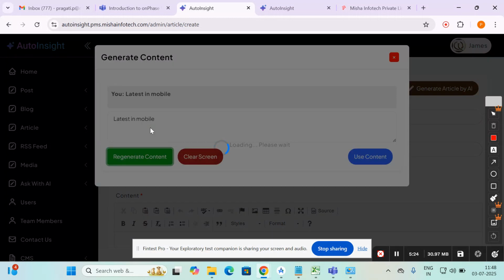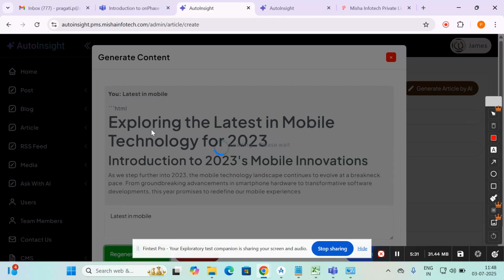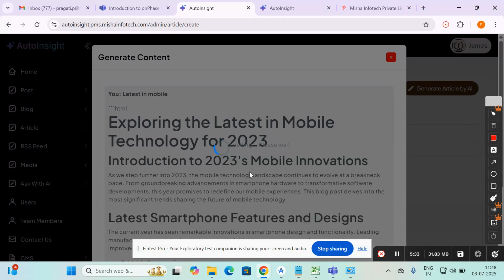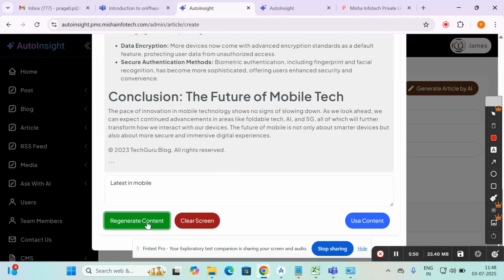Okay, generate content. If you're not satisfied with the existing content which AI has given, which takes 1 or 2 seconds, okay, then you can enter again prompt and regenerate the content.